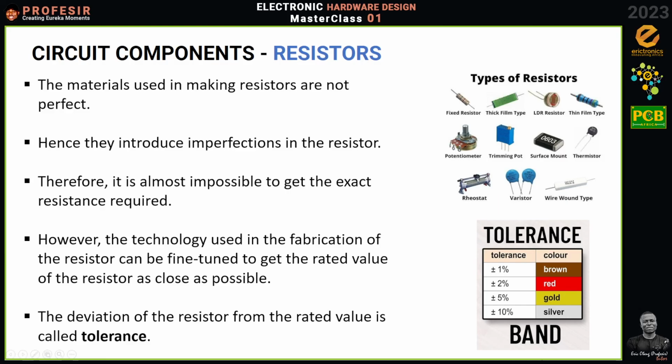Now, usually these tolerances are shown on the resistor as bands, right? So we have brown, 1% tolerance. Usually they are color coded as brown. 2%, 5%, 10%. Is that okay? So I think in Ghana it is common to find 5% tolerance. Is that okay? So